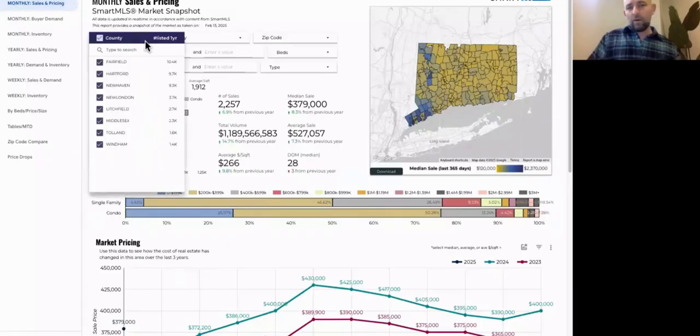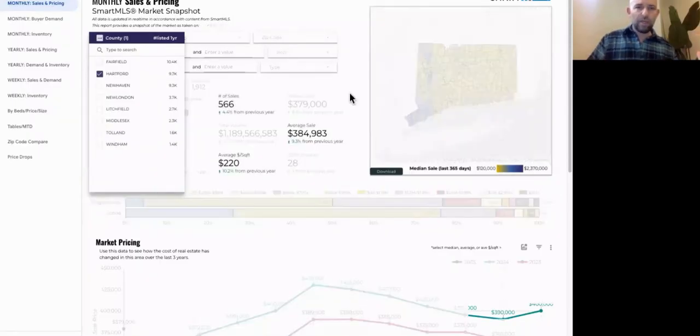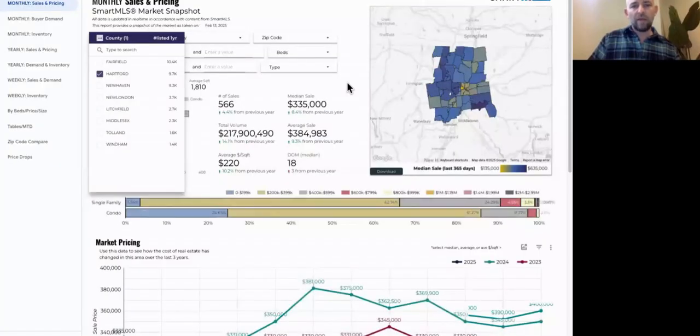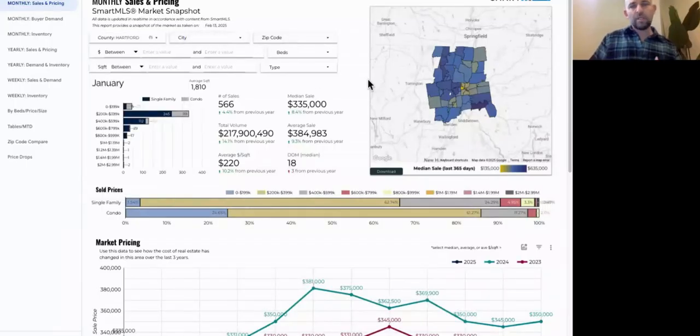So depending on where you are focusing your attention with your team or where your footprint is, you can narrow this down and kind of encapsulate that entire area. Obviously you can go down to cities and zip codes as well. I'm assuming that most of you folks operate teams that have larger footprints than that, so you can basically define this however you want. And it's a live report, if you haven't seen it, that kind of goes through and breaks down the news for you, depending on what you want.